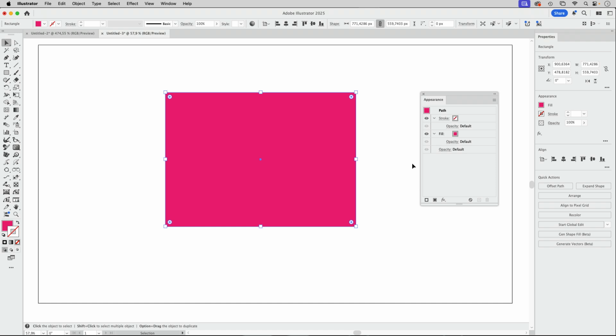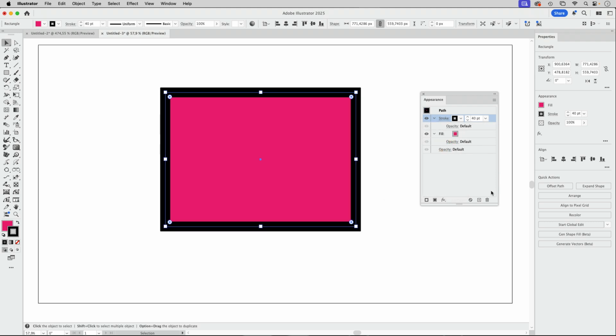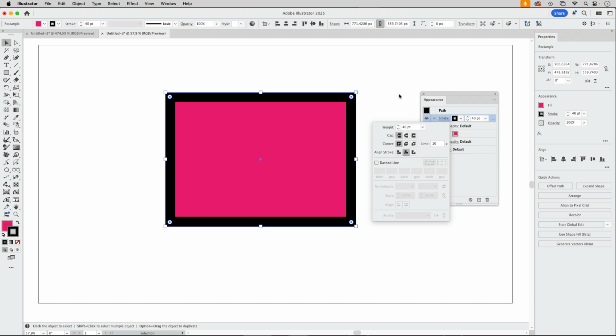So let's select this, and then we are going to set up a stroke. This is needed for the perforation. So let's turn the thick stroke on like this. And it's important to already watch out for something here. So I'm doing this in an RGB document, and this RGB document is built on the web preset when creating a new file. And that is set up like this originally. So all the strokes you create in this are set up to the inside because they need to have sharp